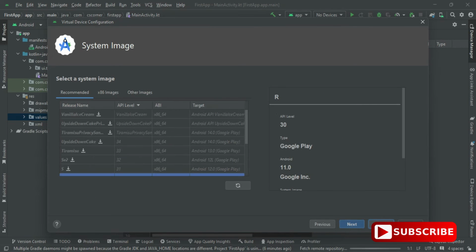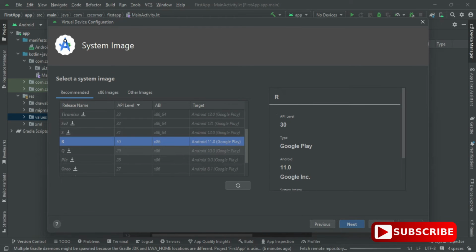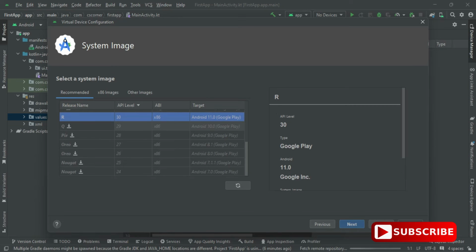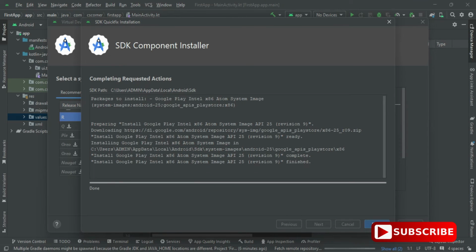So now I will be selecting the size and resolution. I don't have to do anything. You can just explore, you can try other options also, and just click on this next button. And now guys, whatever phone you have selected, on that phone some operating system image is to be installed. So here we have to select that. So here we are just keeping the default and versions also. Just click on this install button, guys.